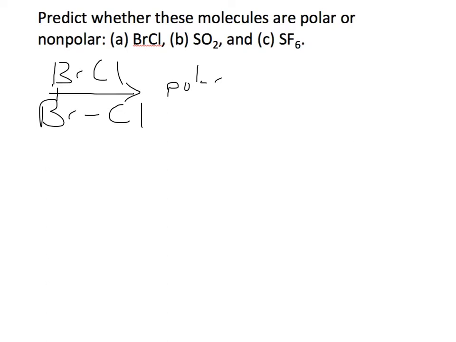B is SO2. You notice there is no charge, and if we draw the Lewis structure for this, you should have sulfur bound to an oxygen, and when you work through this Lewis structure, you should get a double bond on one of the oxygens. So we have 1, 2, 3, 4, and then we have 1, 2, 3, 4, 5, 6, and then the sulfur in the middle is going to take the last two electrons. Okay, so that is our